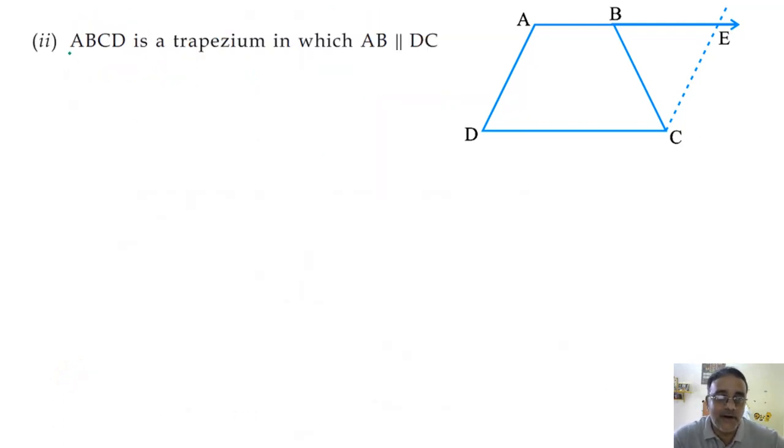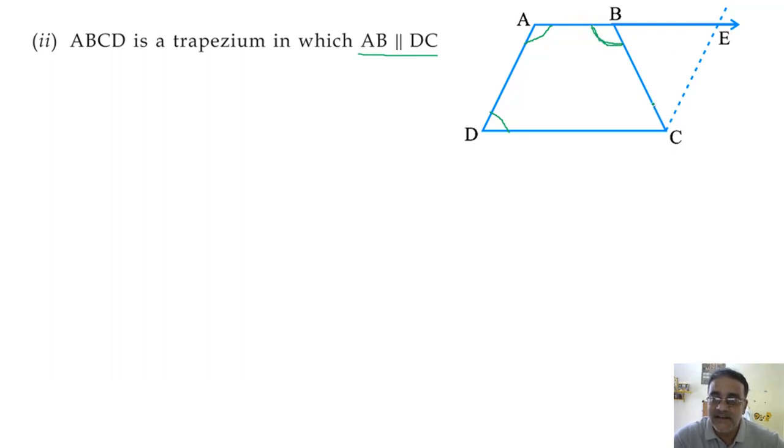First we are going to take what is given, that is ABCD is a trapezium in which AB is parallel to DC. Okay. So agar AB parallel to DC hai, so what is the sum of these two angles? 180 degree. Why? Adjacent angles in a parallelogram are supplementary. यहाँ पे हम लोग केवल AB parallel to DC ले रहे हैं. So we can write co-interior angles, or you can write adjacent angles also, क्योंकि we have shown this is a parallelogram.